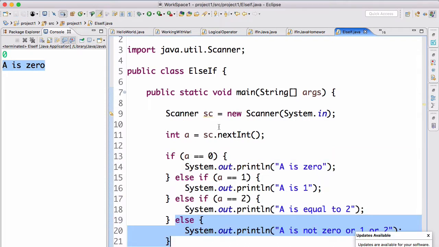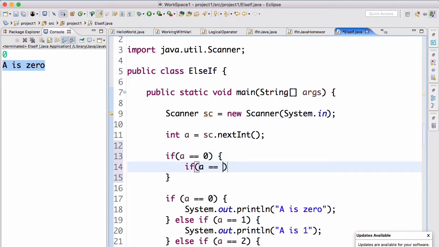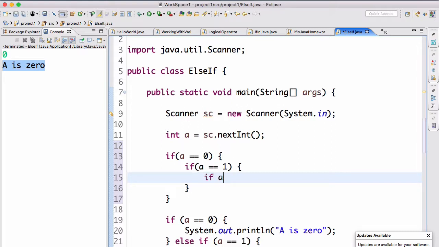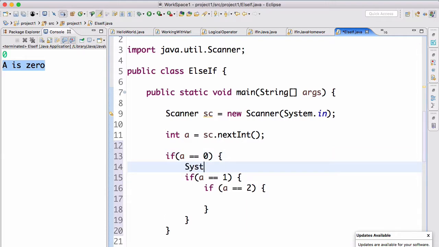Okay. One last thing we need to go over with if statements is the nested if statement. So we can do if a is equal to 0, we can then do if a is equal to 1, if a is equal to 2. So technically this will also sort of solve it. Let me go ahead and do it right now. System.out.println a is equal